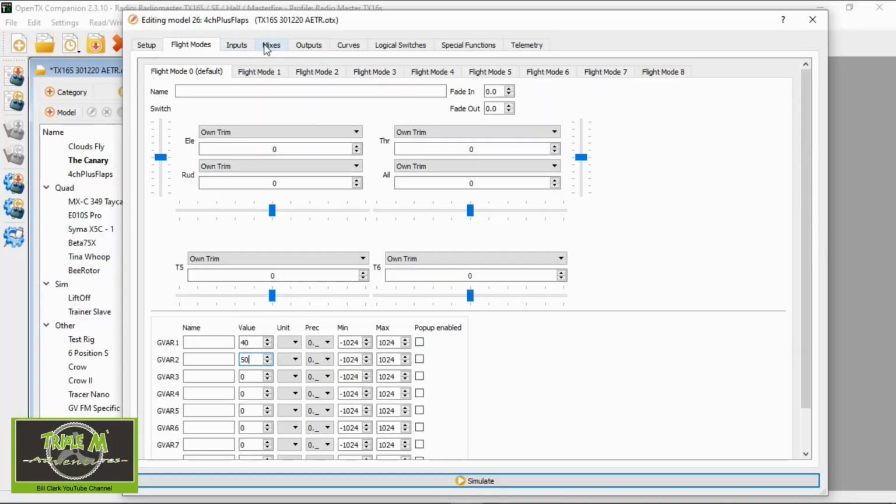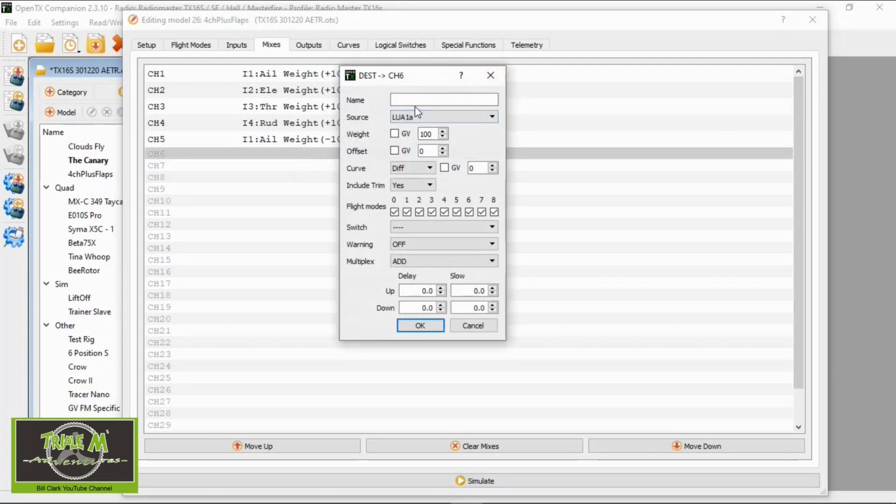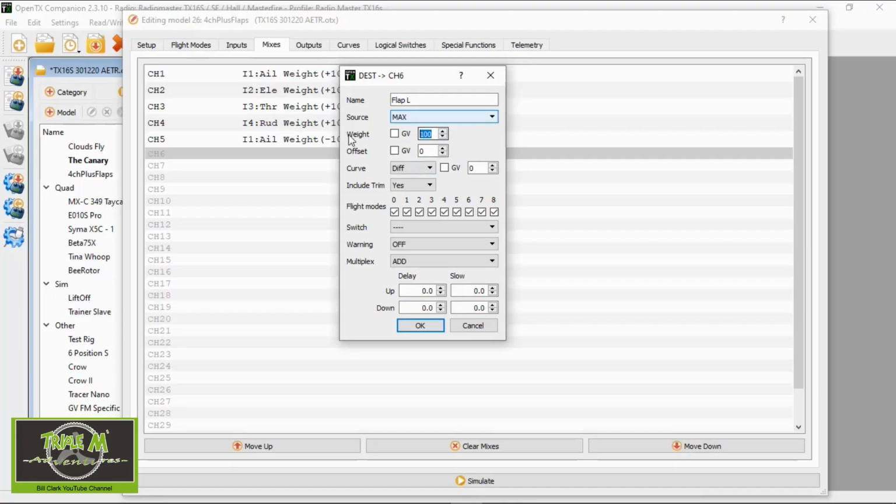Then the next thing we need to go to is our mixes. Now here we have to add in 2 channels. So I'm going to use channel 6 and we're going to call this first one flap, let's say flap left. Our source needs to be max. Now this is the difference between how I've set them up in the past. Here I've chosen the switch, but here we're going to choose max. There we go, max. Now in here, this is the flap in the middle position, so we don't want any weight. So we're going to make this 0,